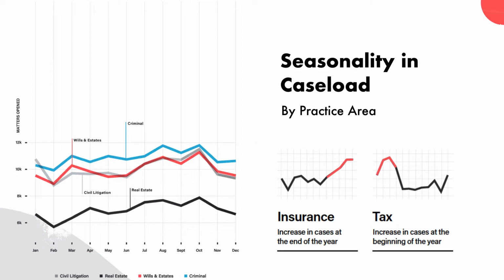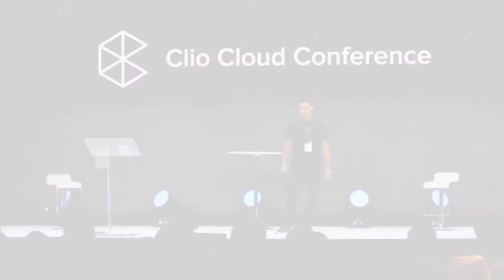I don't think there are any surprises there that the end of the fiscal year drives a whole bunch of work for tax law firms. The second, a bit more of a new thing, was that insurance law in Clio sees a huge spike toward the end of the year. It's the only practice area for which we saw that behavior. So pretty interesting. Somebody's pretty active in insurance law. Let me know. Curious to know what goes on at the end of the year.